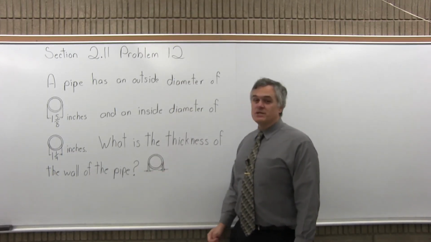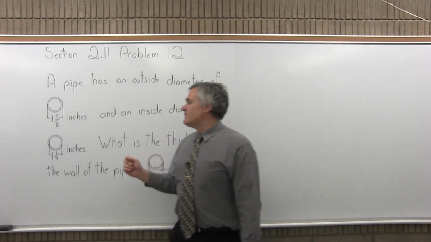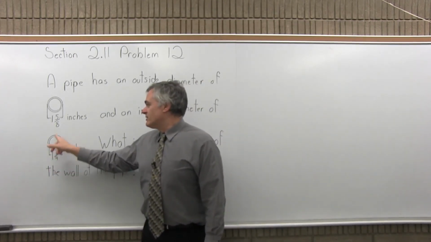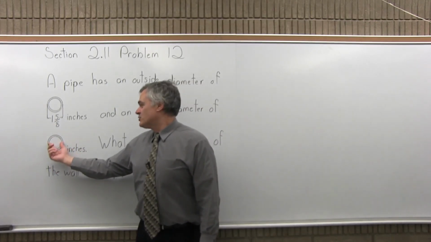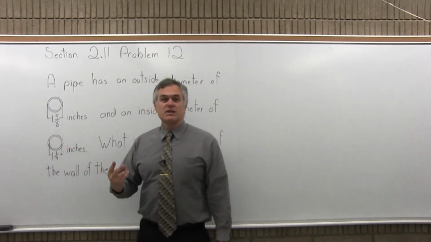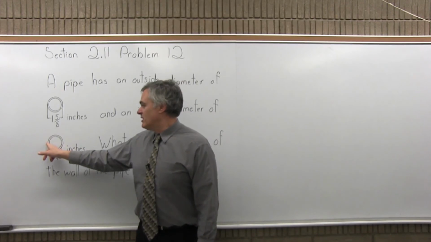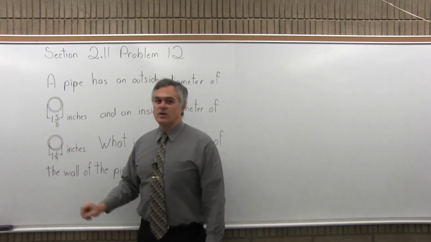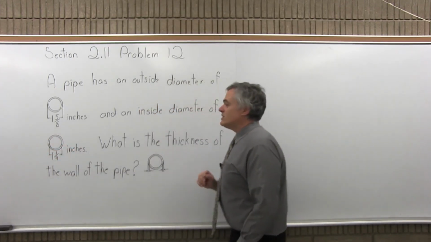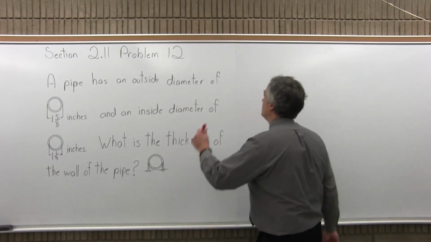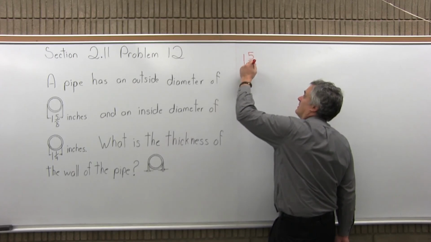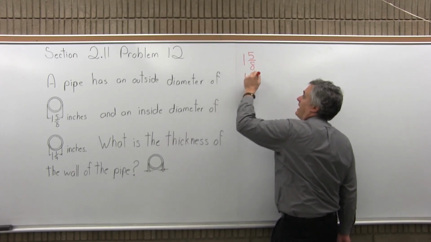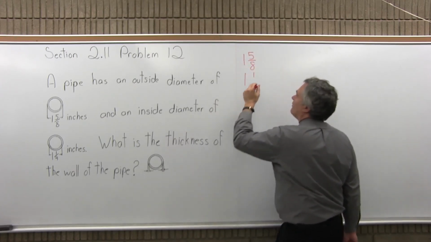So the first thing we have to do to answer this is find out the difference between 1 5/8 and 1 1/4. That'll tell us how much is wall, but we'll have to split that answer in half because there's a wall of the pipe on the left side and a wall of the pipe on the right side. So first, let's do the subtraction. 1 5/8, the outside measurement of the pipe, minus 1 1/4,